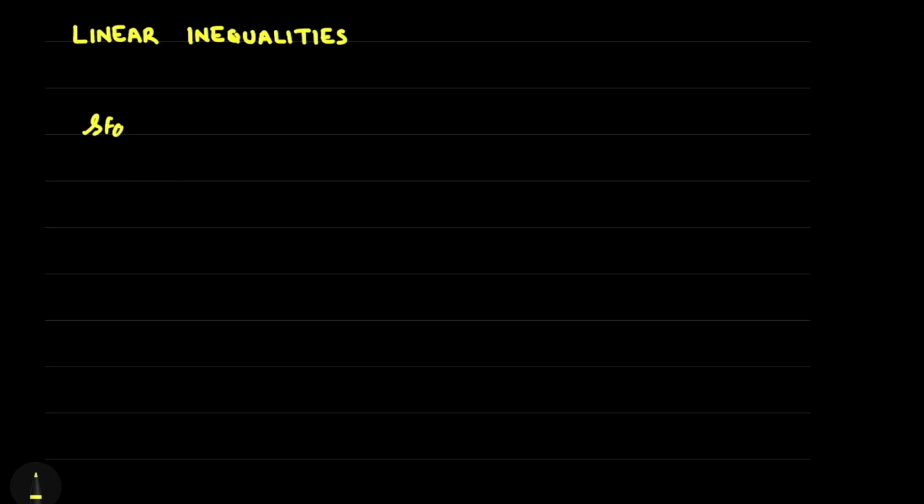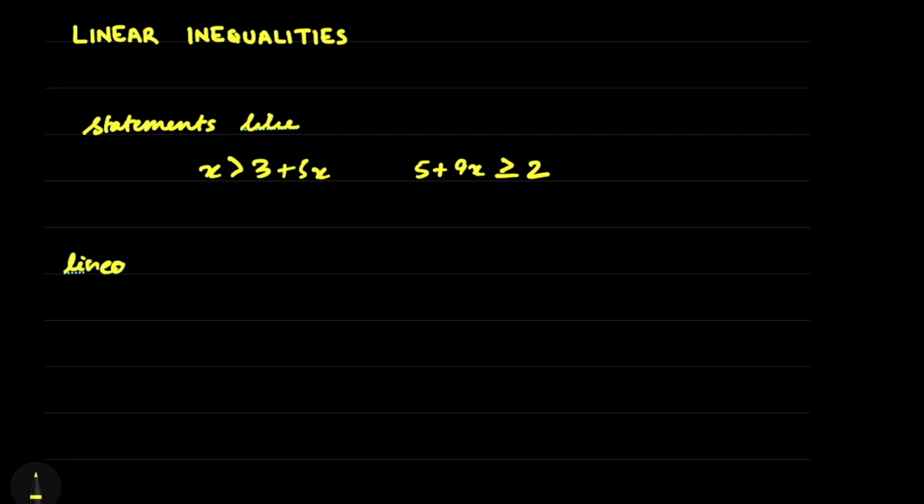So statements like x greater than 3 plus 5x or 5 plus 9x is greater than or equal to 2. These statements are what we call linear inequalities. And in a general form, we can write them as